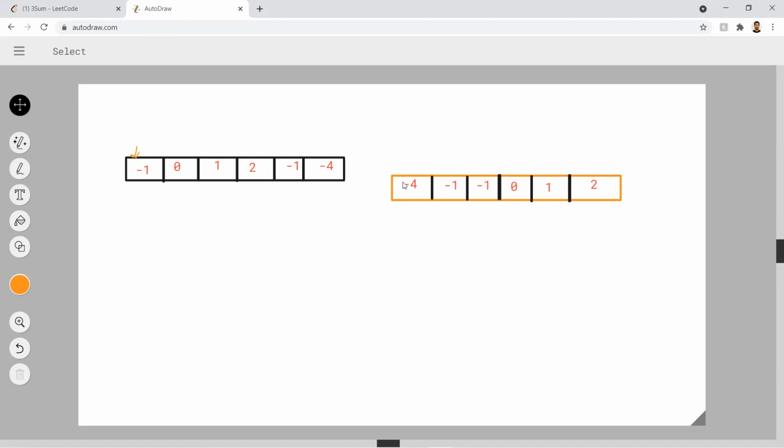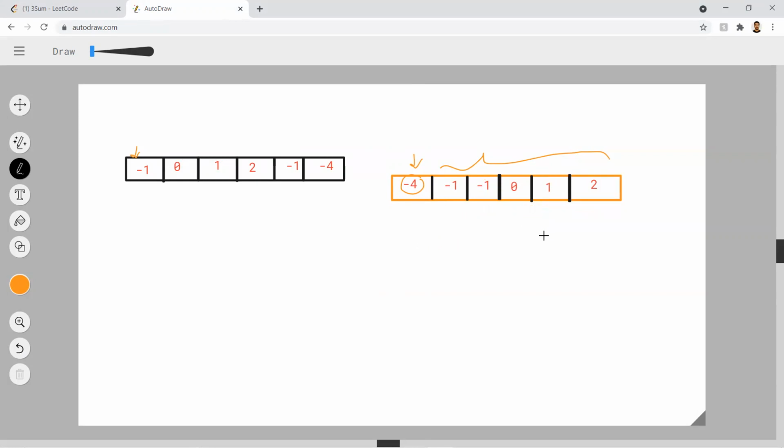After sorting, we can think like this: if we take -4, then we can search for a pair in this rest of the array. Like, if it is -4, then in this subarray, can we find a 4? If we can find a 4, we'll add these two elements with -4 and store them in the resultant array.